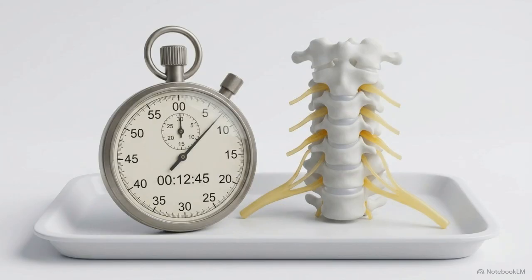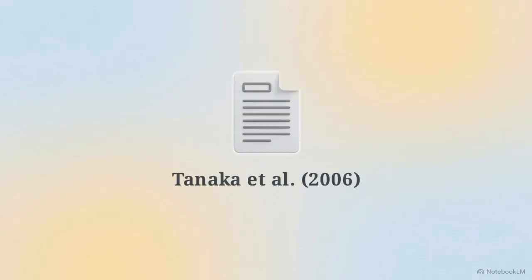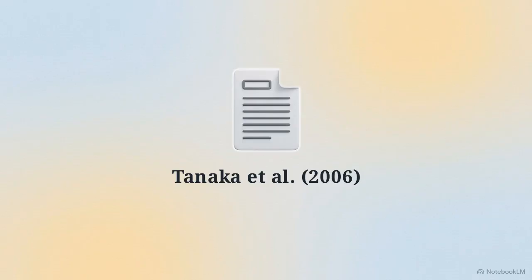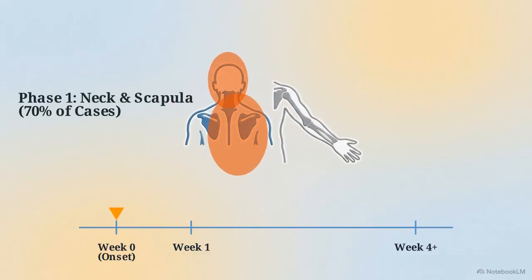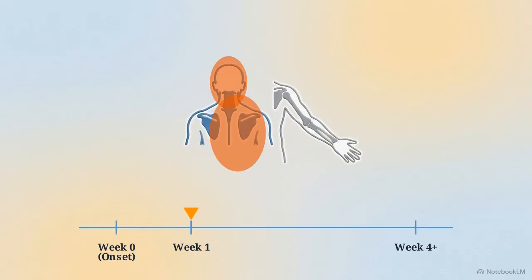The core reason the scapula gets entirely ignored by clinicians goes far beyond static anatomy. It is fundamentally a problem of timing. In 2006, Tanaka and colleagues tracked the chronological evolution of radicular pain from the exact moment it began. They found that in 70% of cases, Phase 1 consists entirely of pain in the neck and the scapula. Phase 2, the classic radiation of pain into the arm and hand, happens much later. For 55% of these patients, arm symptoms do not appear for a week or longer.